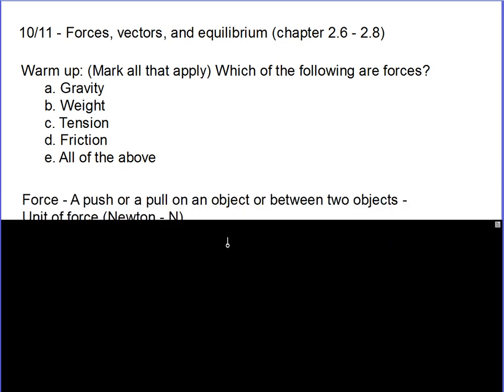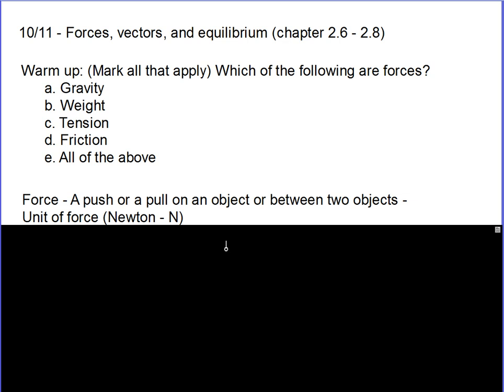So what is a force? A force is a push or pull on an object or between two objects. And the unit of force is the Newton. And we write that with a capital N because it's honorary after Sir Isaac Newton, who of course is the father of Newton's three laws, which have to do with forces and motion. But what you're going to find is in physics we have these terms like the Newton, the watt, the joule, but they all go back to